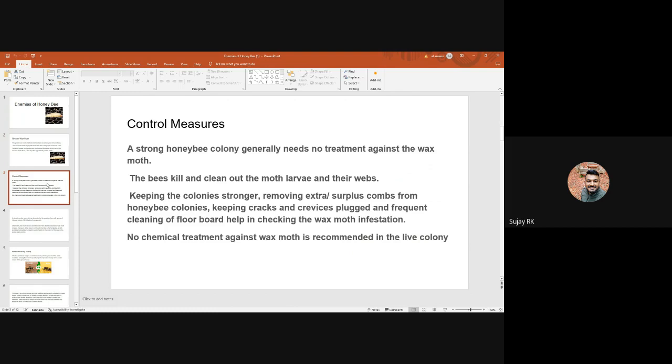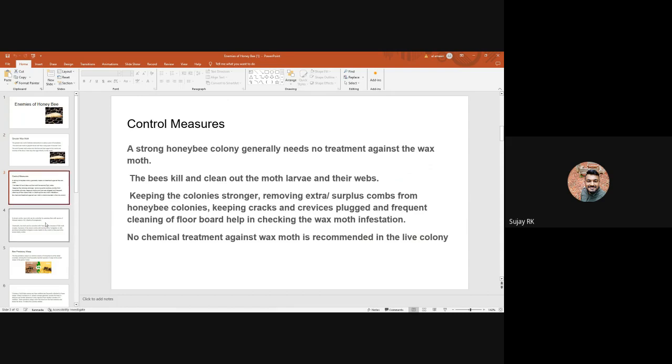नेक्स्ट, इसको कंट्रोल कैसे करना है? इट्स बेटर टू नॉट यूज एनी केमिकल्स। बिना केमिकल यूज किए हम कंट्रोल कर सकते हैं। जिधर ब्रेकेज हो गया है, उधर उसको अंडा डालने के लिए जगह मिलती है, ऐसी जगह पर हमें ध्यान रखना चाहिए और देखना चाहिए कि कुछ है क्या वहाँ। अगर है तो हम फिजिकली उसको रिमूव कर सकते हैं। सो रेगुलर मॉनिटरिंग करनी चाहिए, और बी बॉक्सेस की डेली मॉनिटरिंग करनी चाहिए। ऐसा करें तो इनका कंट्रोल कर सकते हैं।